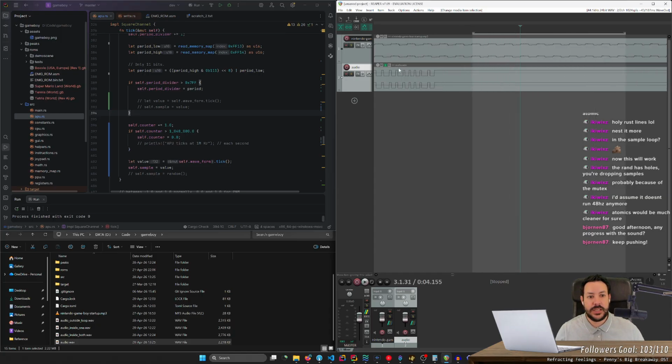I kind of like this spikiness here, it's kind of neat and all. But this should be more spiky. Not more spiky, but this should be longer.